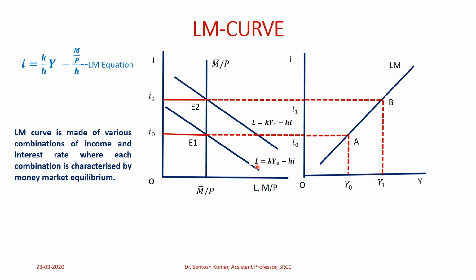Okay, so what would be this Y that we can assume to be given in the second diagram, by this point Y naught, right? In the second diagram, again, just to repeat, on the y-axis we are measuring interest rate and on the x-axis we are measuring income level, or GDP level, or output level in the economy, right? So initially we have got Y naught level of